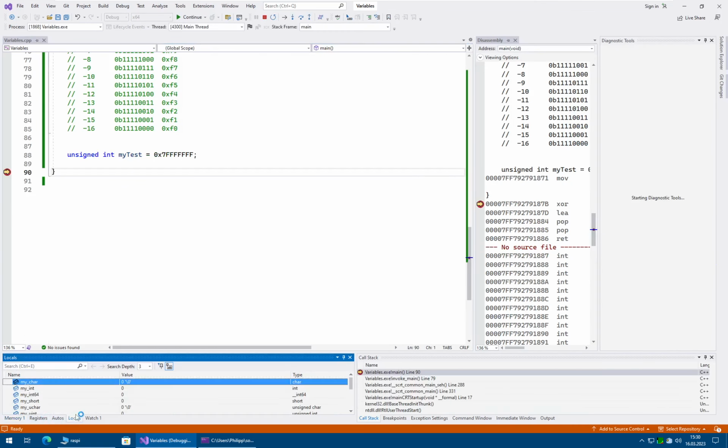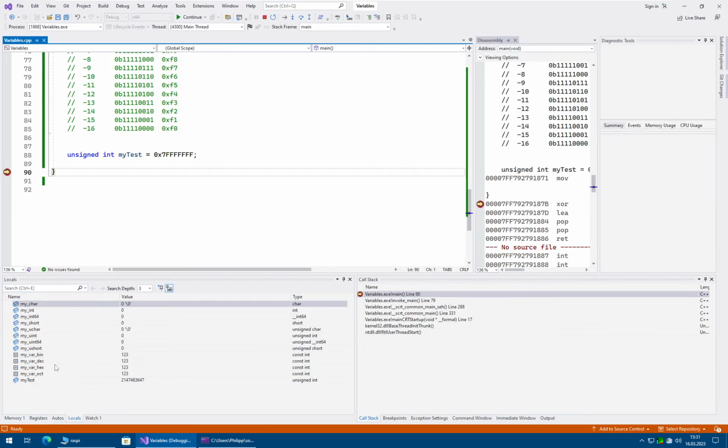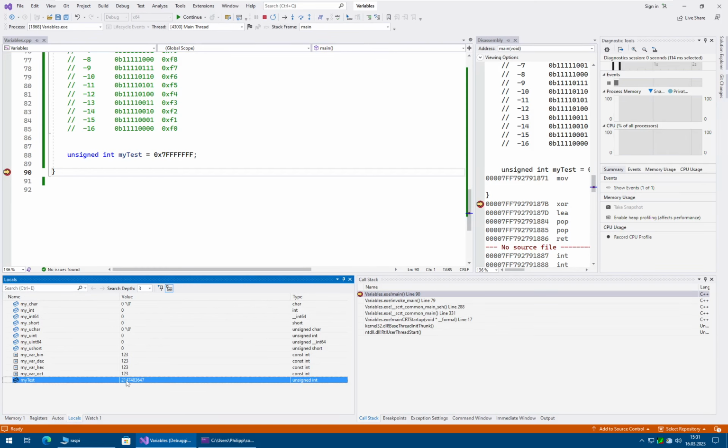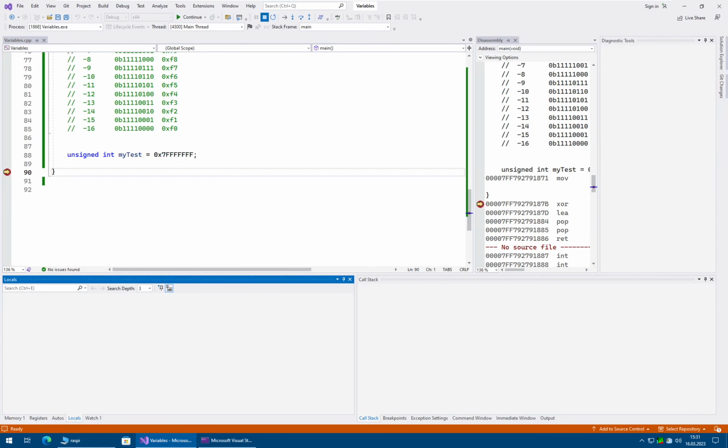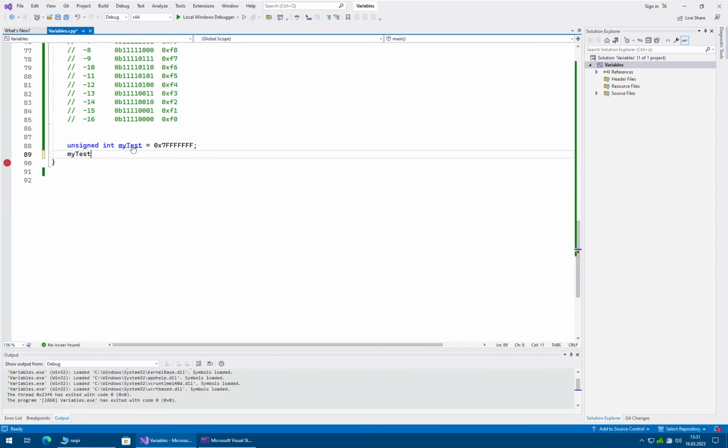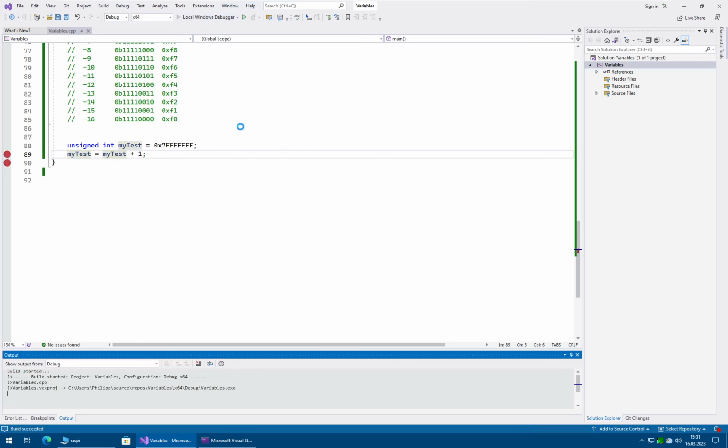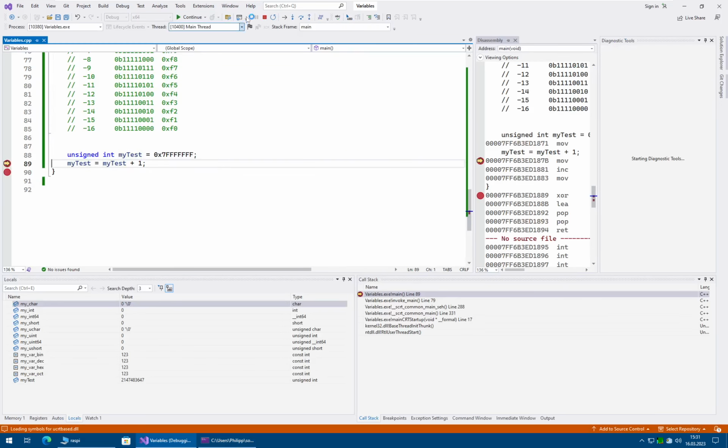So here, if we go to the locals page and take a look at our my test variable, we have this 2 billion something value. And now if we add to it, so this is equals +1, and run it again, we put a breakpoint here, then what you will notice is that the value,